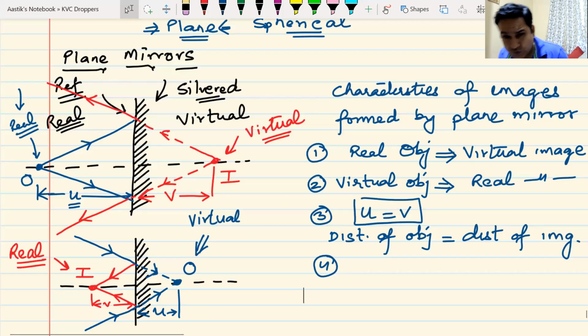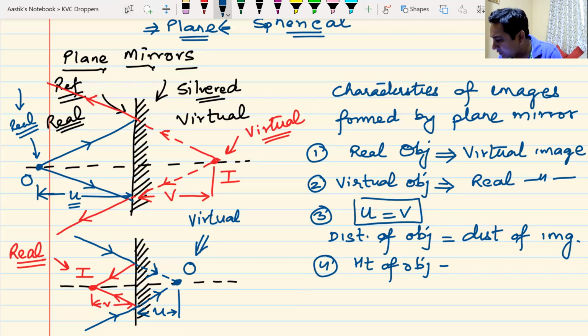Right? So if I have an extended object, point number 4 arrives, and to arrive at point number 4, I will have to take you back to my sheet. And where is the sheet? The sheet is here. Okay. So if I take you to extended objects, the height of the object,